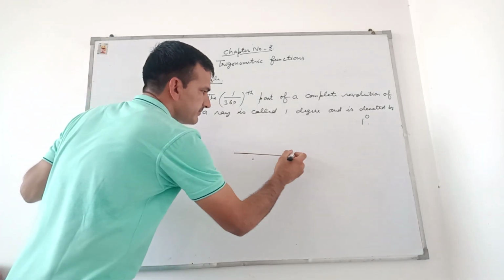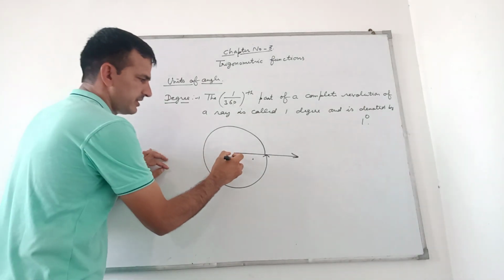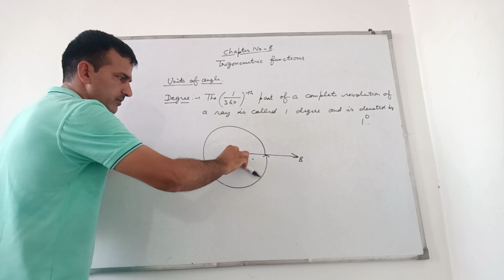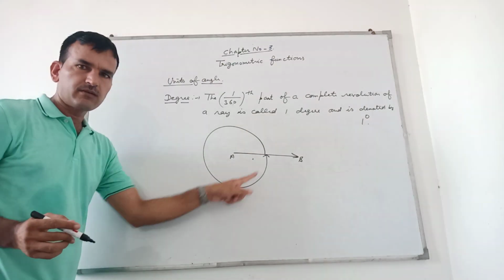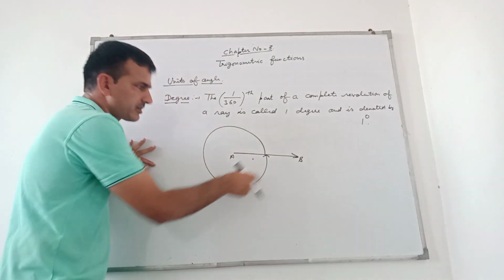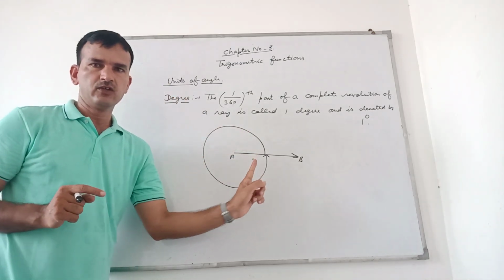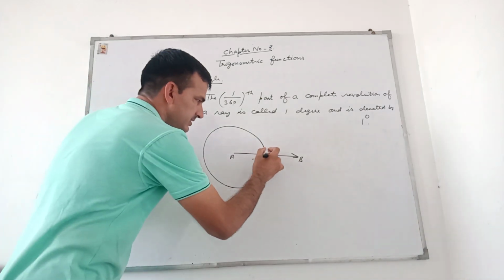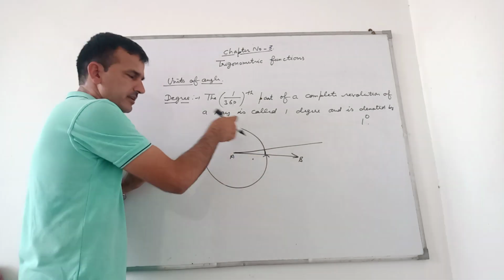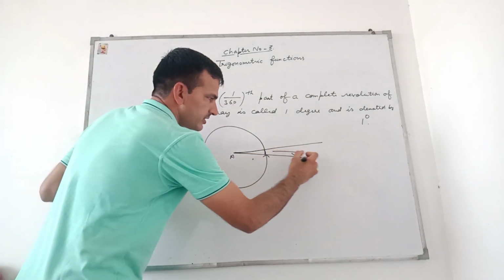For example, let this be the ray and this is the complete revolution of this ray. जैसे बेटा ये आपकी रे है AB is the ray and this is the complete revolution. कंप्लीट रिवोल्यूशन ऐसे बेटा दोबारा से इसी पोजीशन पे आ गई, तो ये कंप्लीट रिवॉल्व कर गई। तो इस कंप्लीट रिवोल्यूशन के आप 360 पार्ट कर दें, तो उसका 1 पार्ट इज कॉल्ड ए 1 डिग्री। Let this be the 1 part of this complete revolution, and complete revolution के आप 360 पार्ट में, तो एक पार्ट को क्या बोलेंगे बेटा 1 डिग्री। This 1 part is called 1 degree.